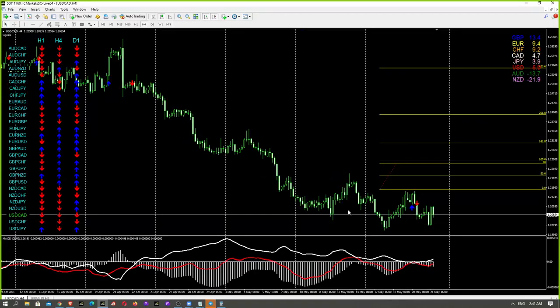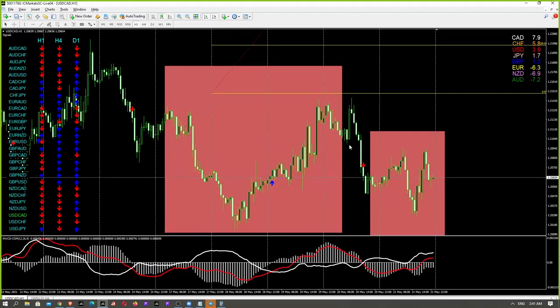On H4, let's check it, because this was sell around this point, only here. Then there's another sell at this point. So let's check our H1 time frame. As you can see, there are no sell signals inside the box that we made, so there is no valid